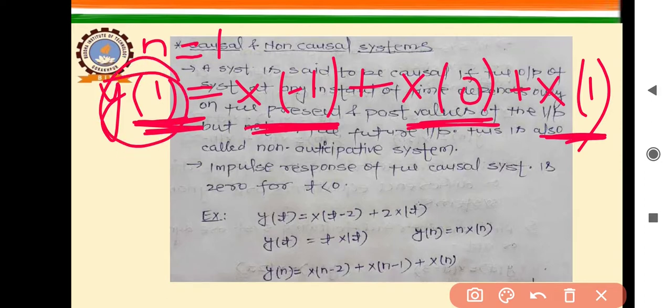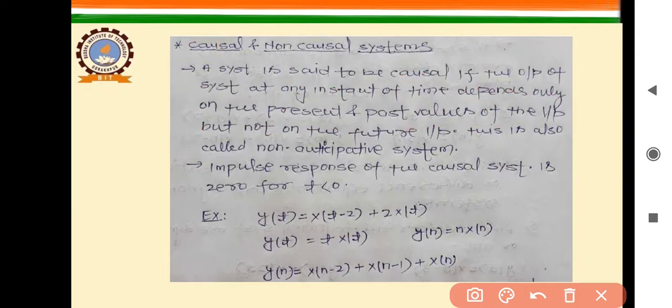It means that the output is dependent on the past value of the input and the present value of the input. So this system is also a causal system. The next is,